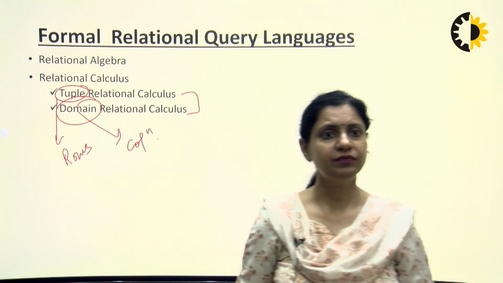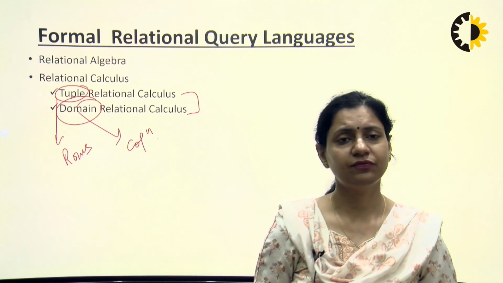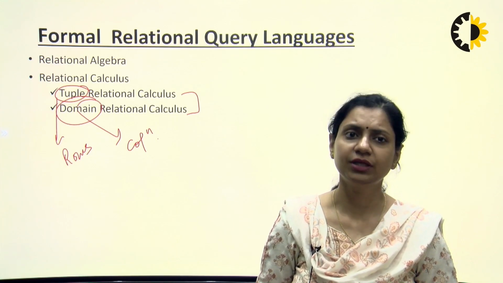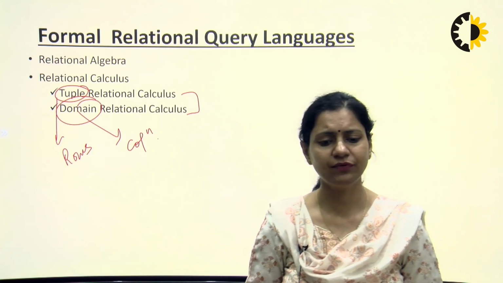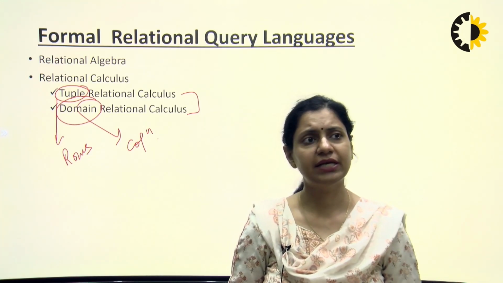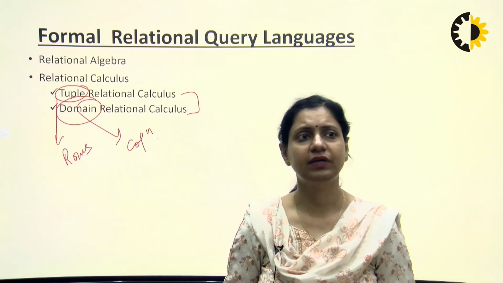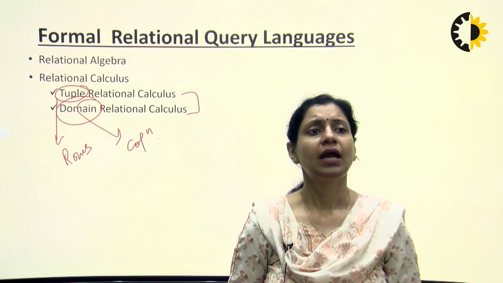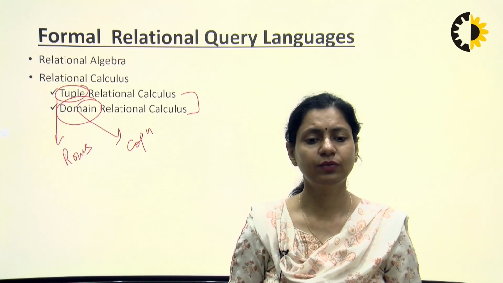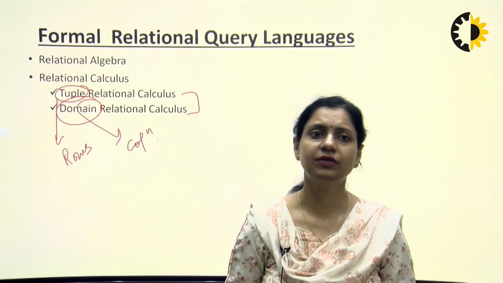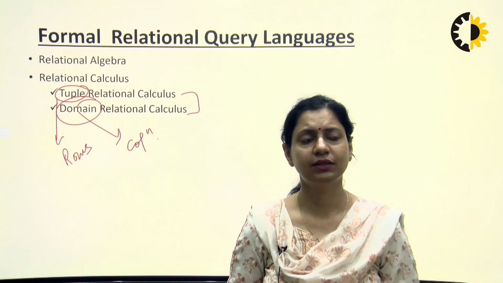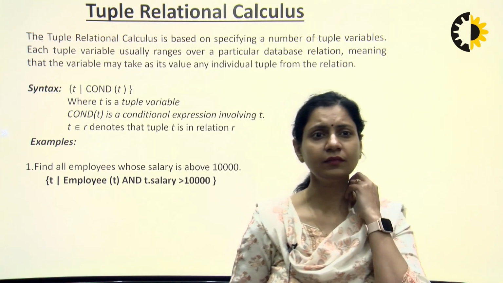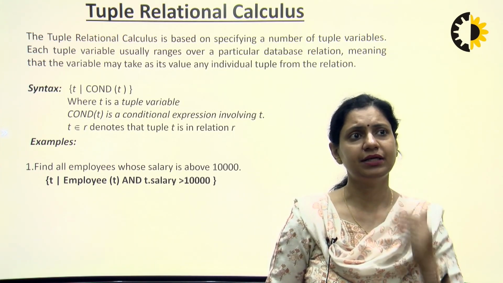So the fetching of the data determines which calculus is to be used. If our main focus is the calculation based on the number of rows, then we will use the tuple relational calculus. And if we want to fetch the data on the basis of the columns, then that will be done through the domain relational calculus. So, starting with the tuple relational calculus,